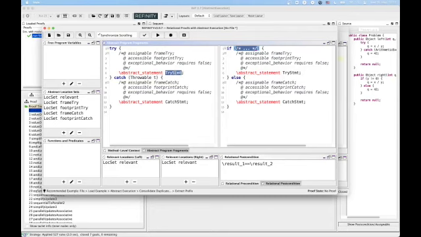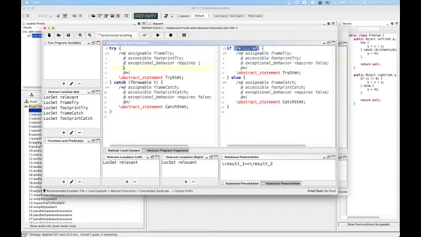So we need to somehow give a name to this condition, right? And this works by specifying not false as a precondition for try statement, but using some abstract expression. So what we do not want to do here is restrict the conditions under which an exception is thrown, but we want to give them a name, such that we have a handle for referring to that name, to this condition later on. And we can do this by using an abstract predicate. Let's call it throws try. So the condition under which try throws an exception. This is just like an abstract predicate that I will declare in a minute.